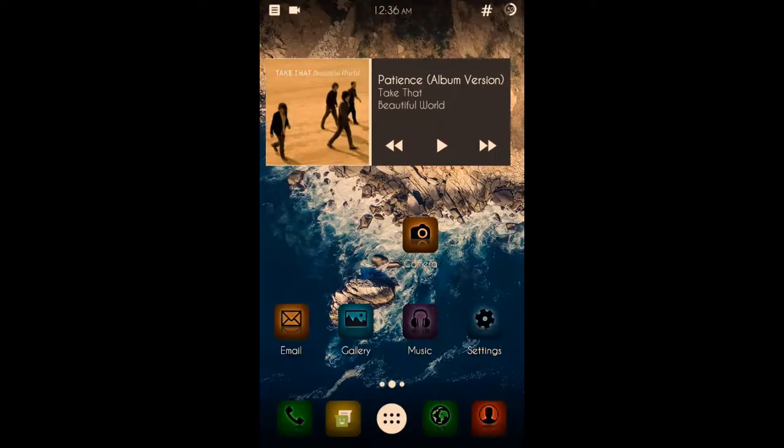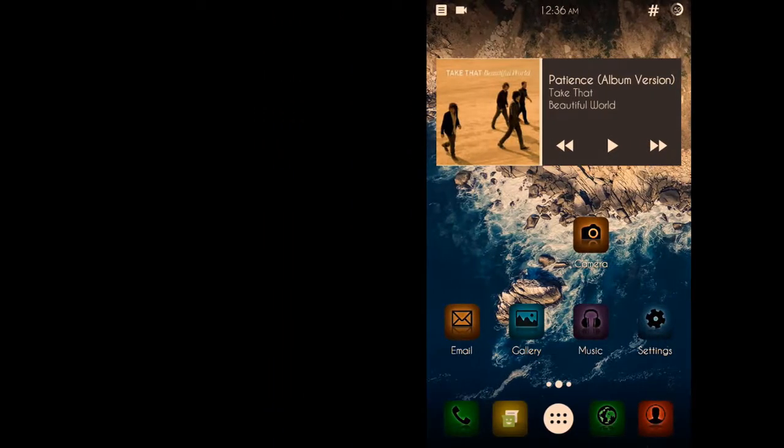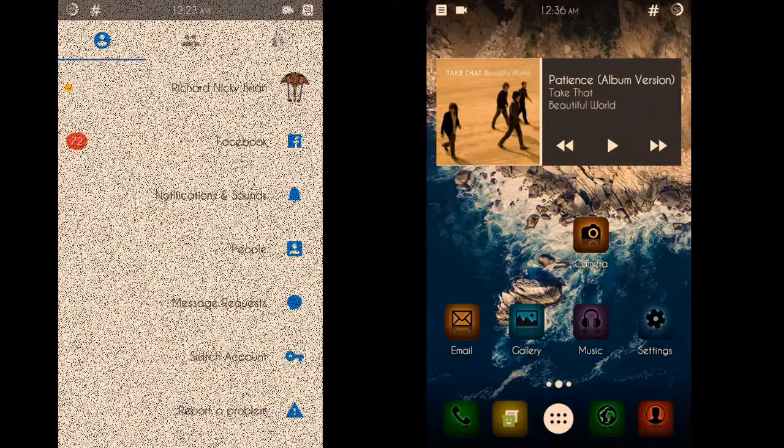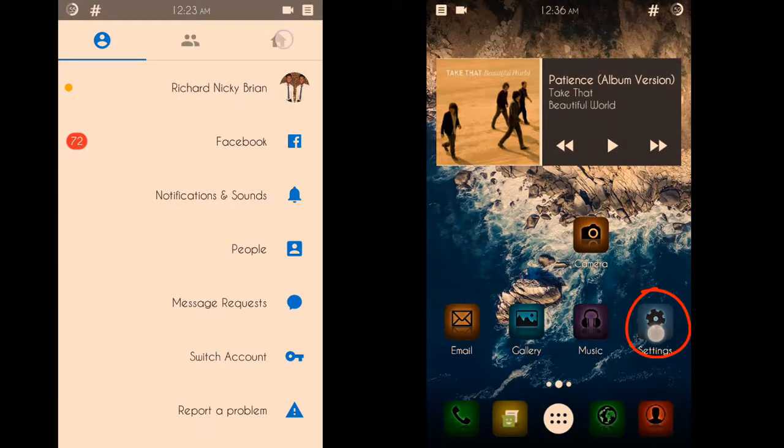Okay, welcome back. Let's get in. First of all, you have to enable your developer options in your settings menu. Let me show you. Go to settings,